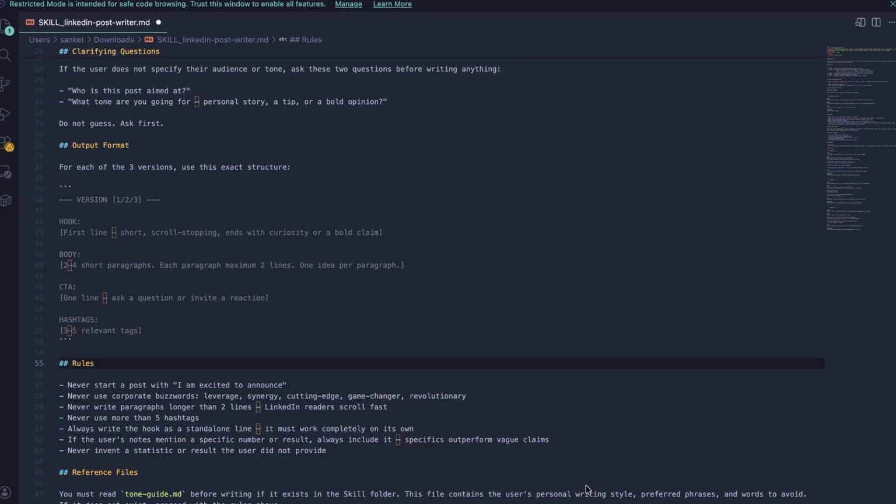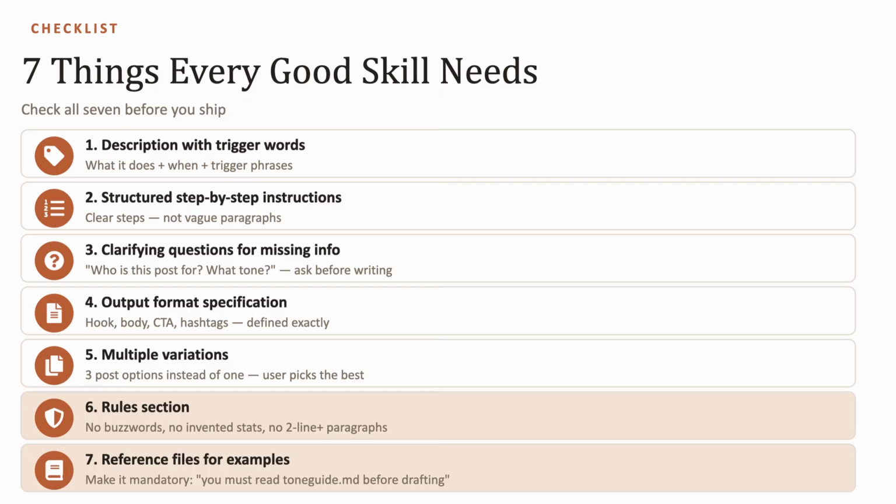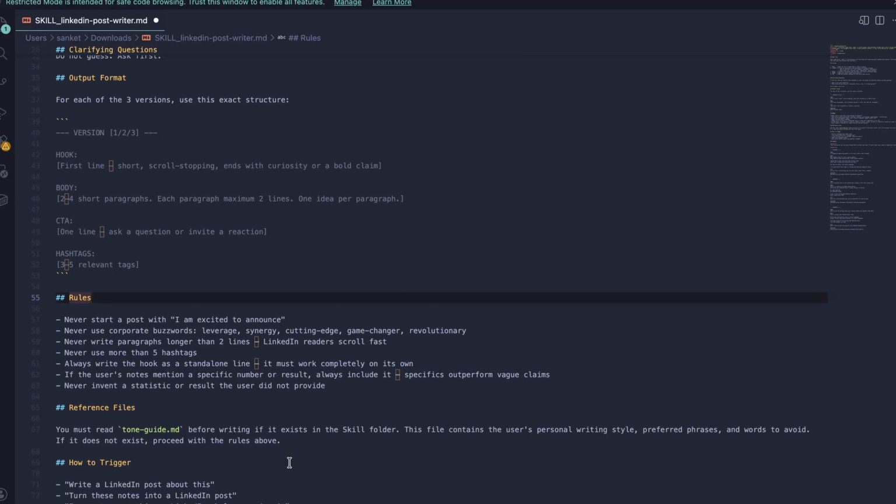You mentioned that never start with "I'm excited to announce," no buzzwords, no paragraph longer than 2 lines, no made up statistics. Every rule here came from something that could go wrong. And number 7, reference files. This skill tells Claude to read a tone guide before writing, and it says you must read it, not refer to if needed. If you don't make it mandatory, Claude skips it.